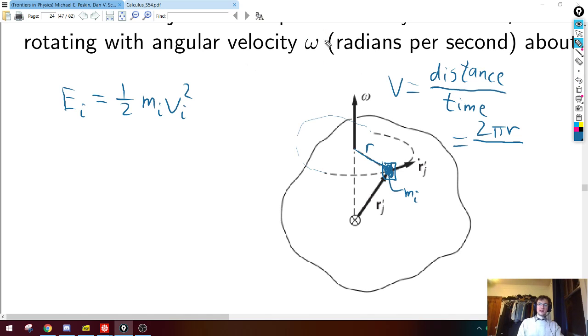Omega is radians per second. So it's omega times the time equals 2 pi, right? We're asking what time is needed to go 2 pi radians, which is all the way around the circle. So the answer is not omega inverse, but 2 pi over omega, right? Because he has to go 2 pi radians to go all the way around.